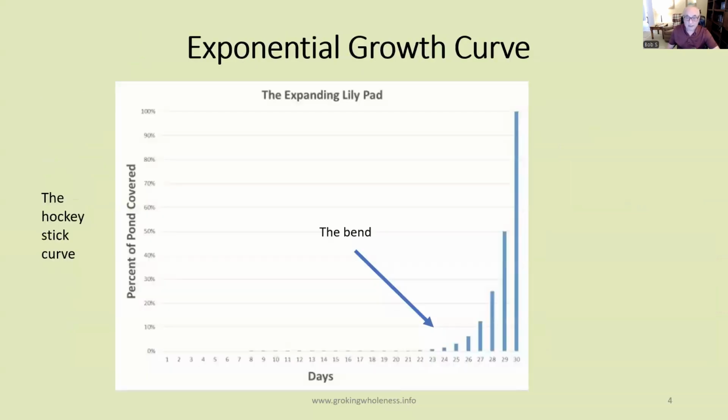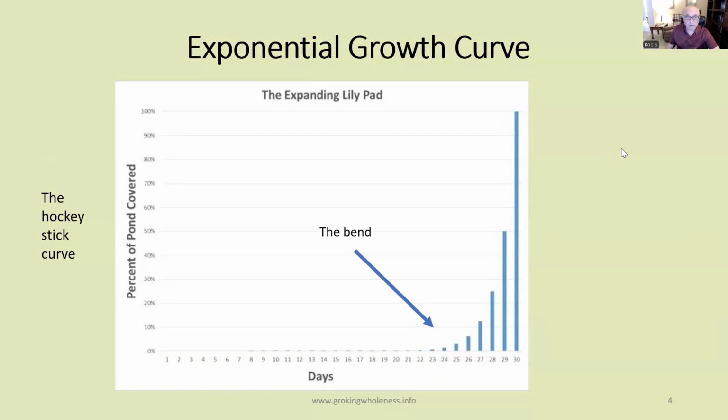Here's another way to describe the same thing in a graph. The graph shows the growth in the surface area covered over the 30-day period. And you'll notice that until it gets around day 21 or 22, you can't even see any of the lines on the graph. Then all of a sudden around day 25, it begins to be noticeable. And you don't think much about it at first. And then all of a sudden there's a steep bend in the curve. And then it accelerates almost straight up the vertical line on the right.